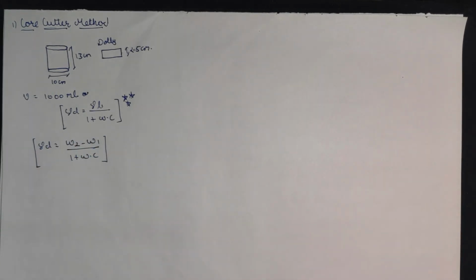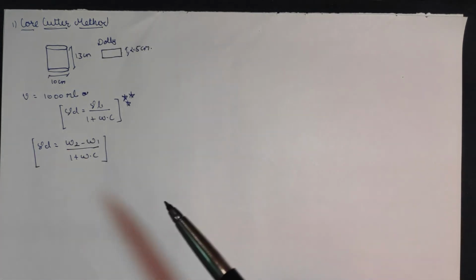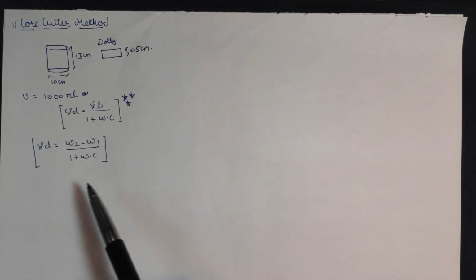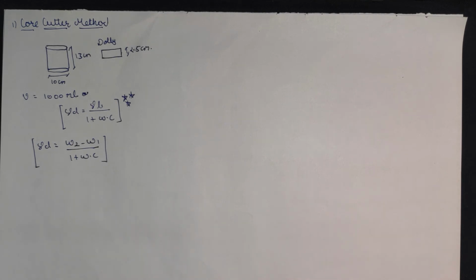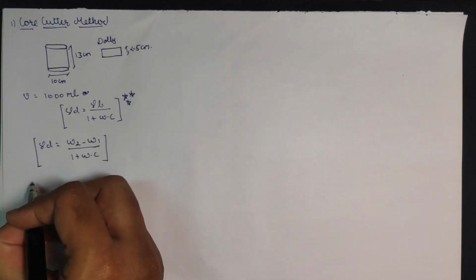So if the question is asked for the core cutter method and the weights are given, we will use this formula, W2 minus W1 upon 1 plus water content,